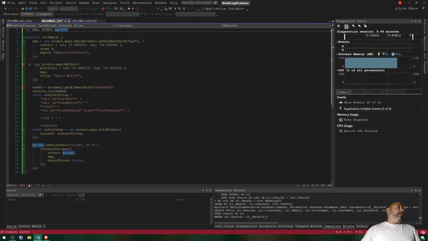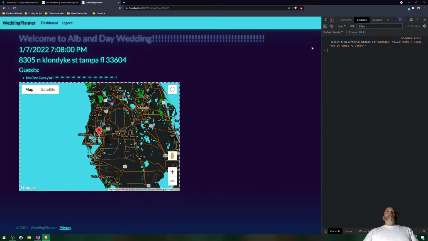So we have to put let in here. And then we could just do this marker gets, and we don't have to do much else. So the marker gets this. Now the marker has an event listener. Let's see what happens to our code. So it gives us this value,